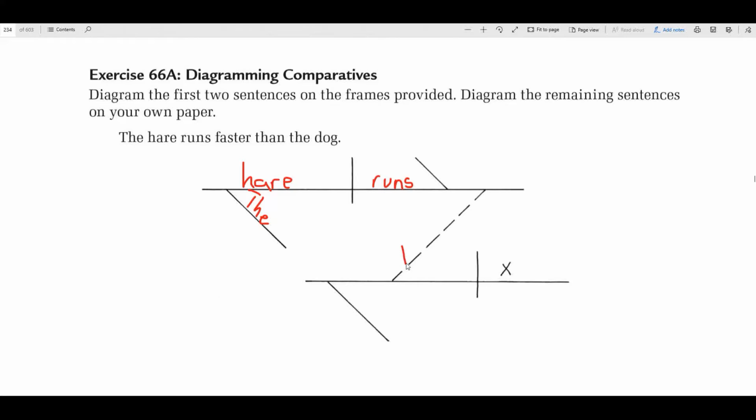I know "than" is our subordinating conjunction. And it's also the word that is separating, if you will, this part of the sentence from this part of the sentence, the things that we're comparing, so to speak. Okay, so faster would be,